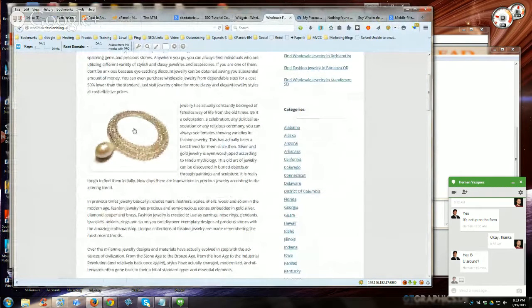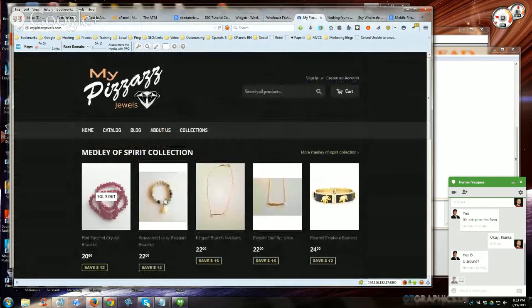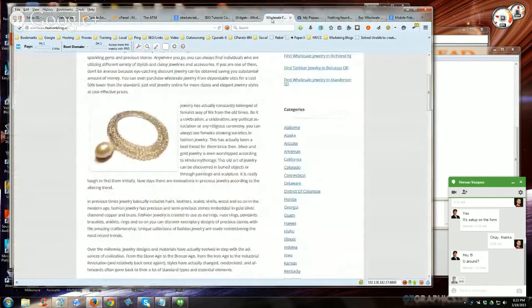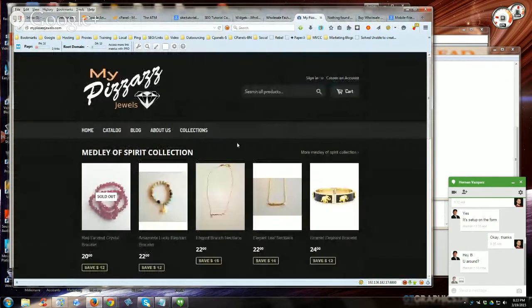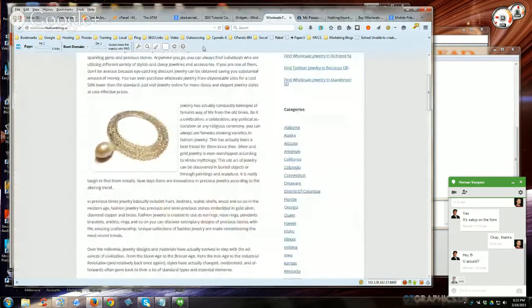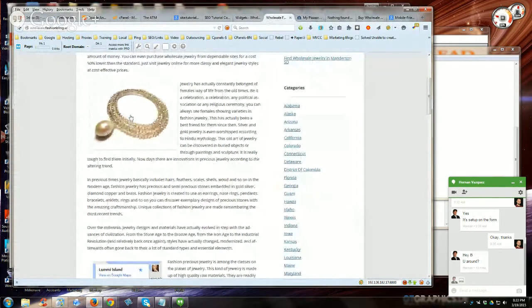You see how this image right here, it's showing wholesale.fashionbling.us/buy, but it really is my hop link that takes me to the My Pizzazz site, right? That's my affiliate link, okay? But so I'm just redirecting the URL that I set to my affiliate link, which takes me to here, okay? So let's say that I wanted this image to always link to this site, or I could even spin